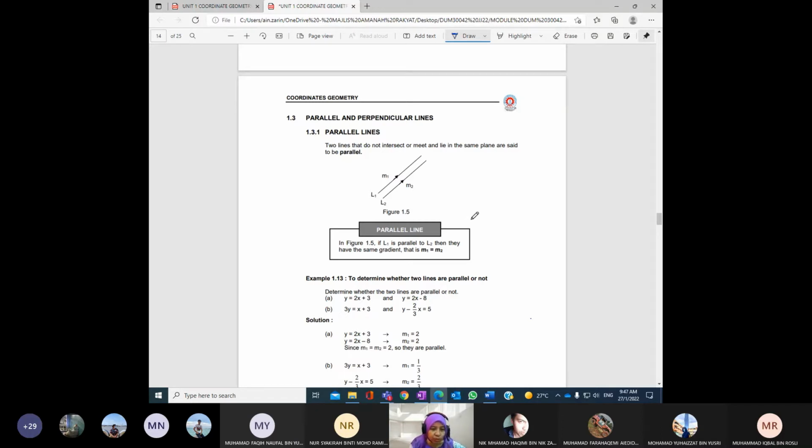What do you understand when it comes to parallel lines? Garis lari. Yes, in Malay it is lari. So what are the criteria or properties of parallel lines? Parallel. The main criteria. When we say two lines are parallel, therefore, when they are parallel, therefore,